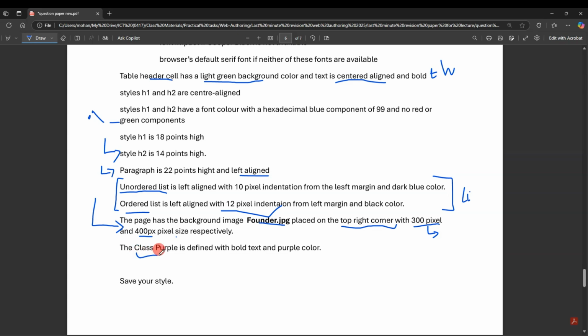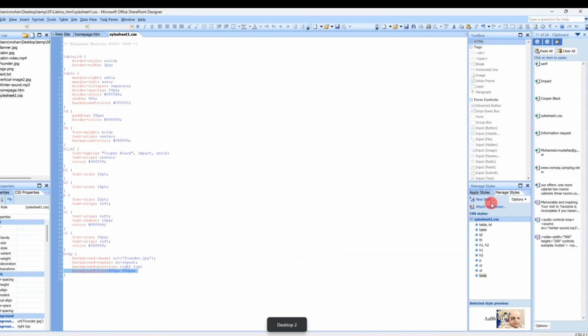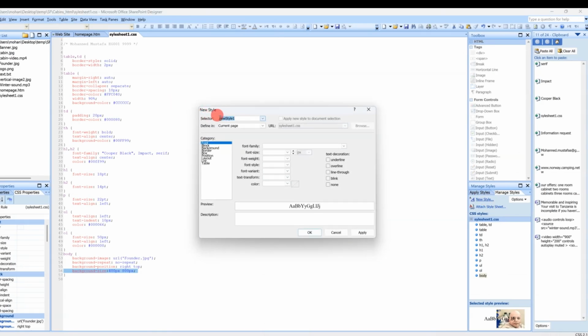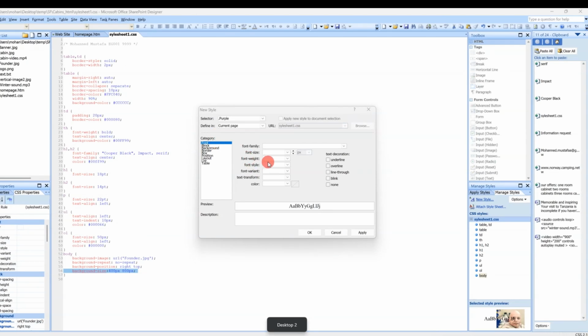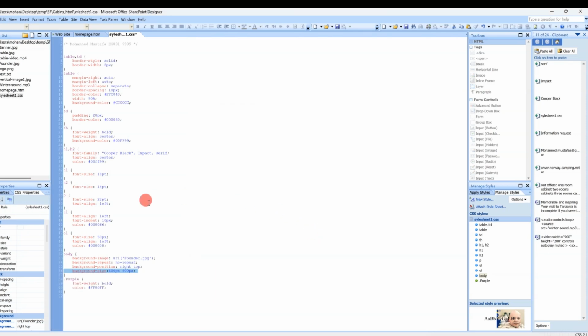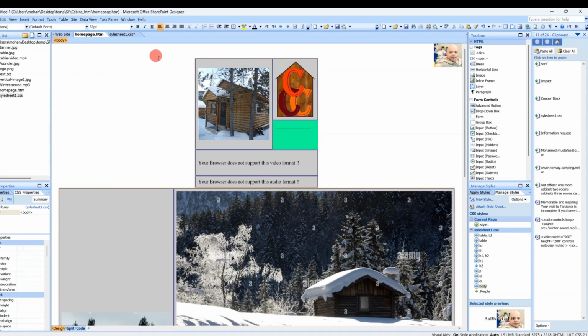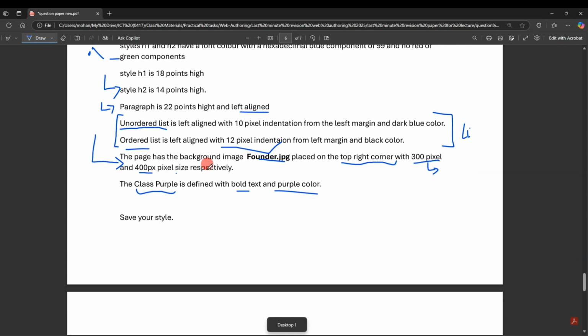And last but not least, we have the class purple, which is defined with bold text and purple color. And whenever they say it's a class, that means you have to include the dot that we always remove. So I'd say .purple, and the dot is there so you can apply this class manually. This class will not be applied automatically whenever you attach it to the web page like the rest of the style. Okay, so that's why you have to include the dot. It should be bold and it should be purple color. Okay, and we need to later apply it manually. Okay, and then you save your